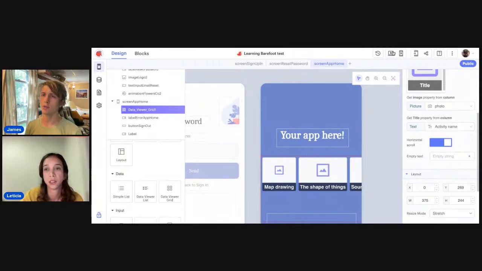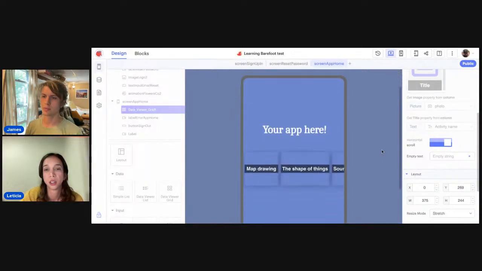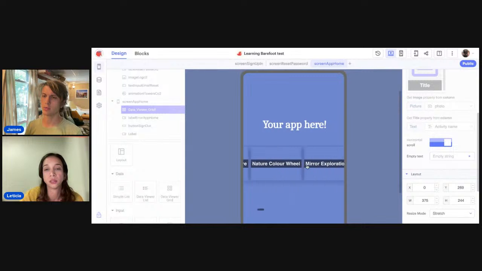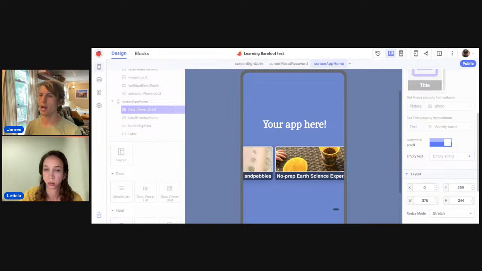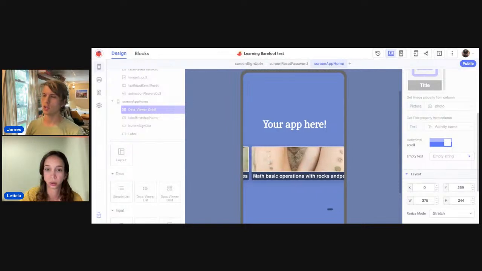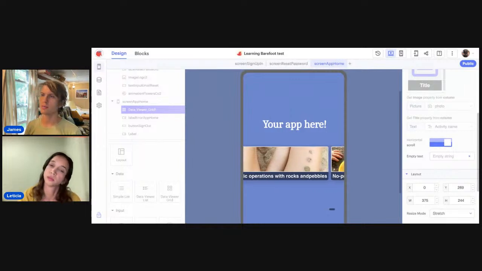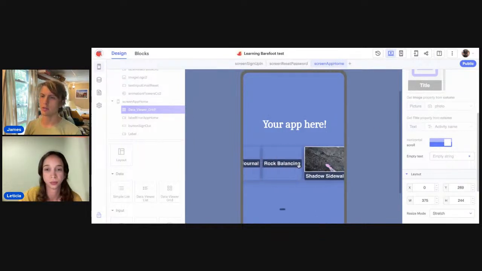You could use a list view if you prefer, but I think it's gonna work either way. Yeah, I like the image grid as well. Later on, this is in the future, we want to add something where it shows a badge if you've completed it, right? Also, we want to add like a filter and sort.